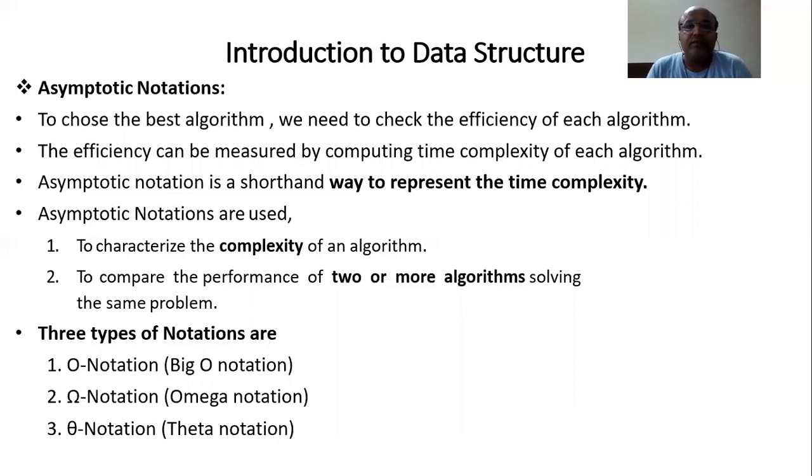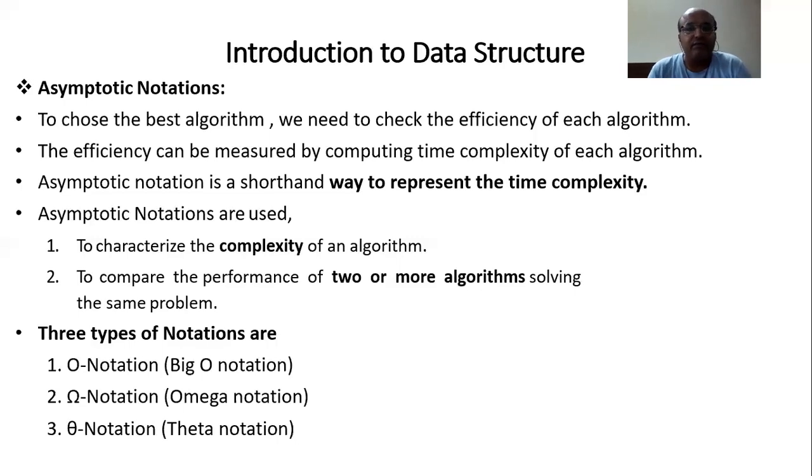So how will you describe this? To describe the time complexity, we have some notation. Notation is nothing but one kind of symbol. So here in asymptotic notation, we are going to discuss the various symbols that we use to represent a time complexity. This asymptotic notation is one kind of symbol which represents all these three cases. You are aware how many cases we have? Three cases: best case, worst case and average case. So obviously we'll have three kinds of notation.